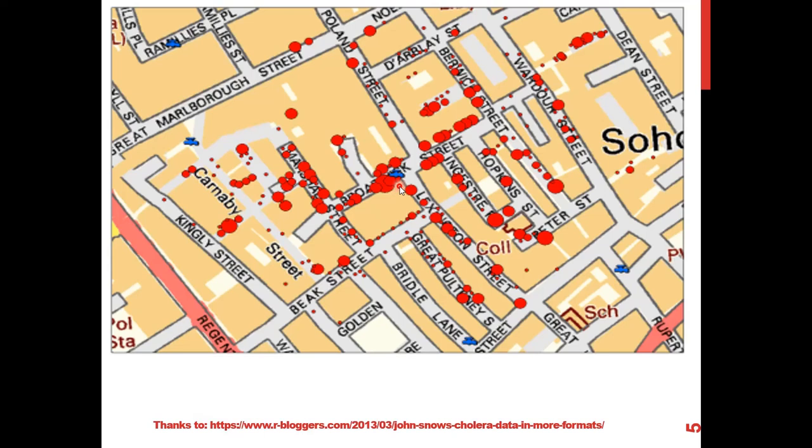And if the handle is removed, then of course you cannot access water, you cannot draw water, and the pump became unusable. And as a result, later it actually led to a reduction in the number of cases. So a simple graph can actually give you a clue to such causes. Okay,